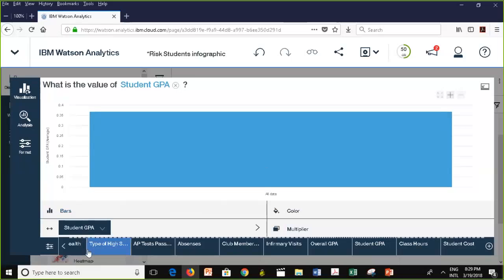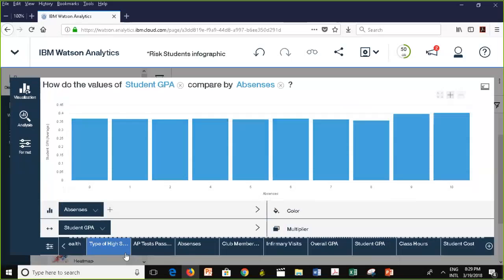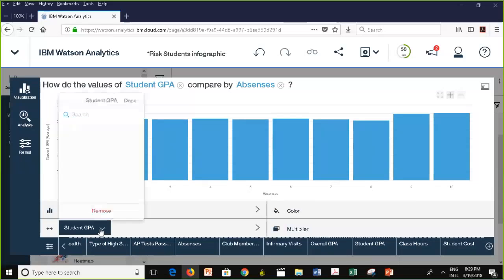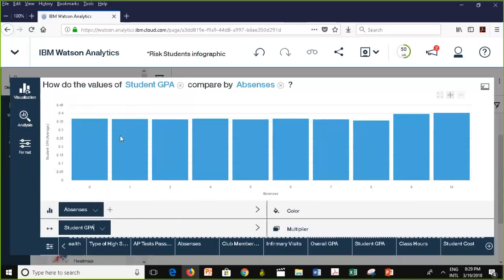What I want to see is perhaps the student GPA by the number of absences, right? So this is the average GPA by the number of absences. Well, it's not quite accurate, but I would have to check what it's doing in the aggregation. But anyhow, this is the average GPA based on the number of absences. Okay, now what I could do is add a color, and for the color, perhaps I could pick